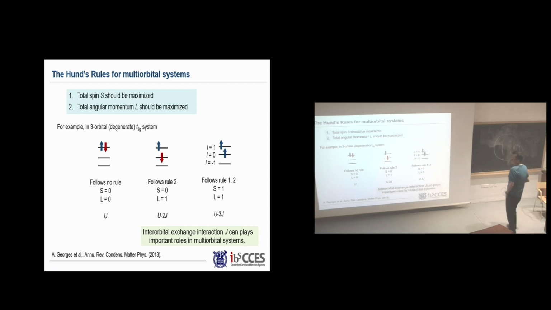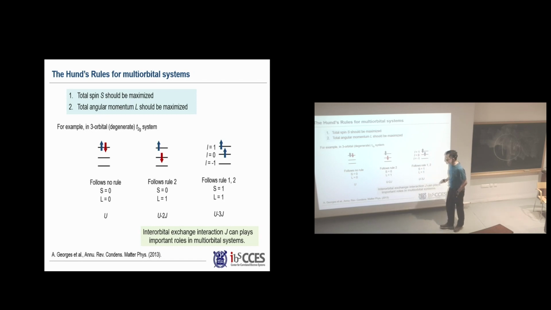So we have to go back to Hund's rule. In quantum mechanics, if we have a multi-orbital system, we know that we should maximize the total spin first. Then we try to maximize the total angular momentum, and there is another small third rule. So let's think about the t2g electron system we are dealing with. There are 3 orbitals, 3 t2g orbitals. Let's assume there are 2 electrons. Why not 4 electrons? There's an electron-hole symmetry. So 4 electrons in a 3 orbital system have the same physics as 2 holes in the 3 orbital system. So it's basically the same thing.